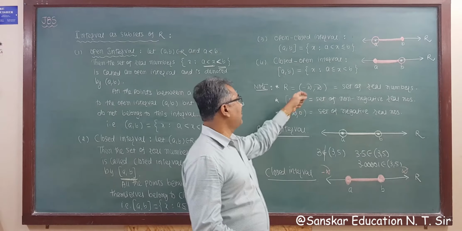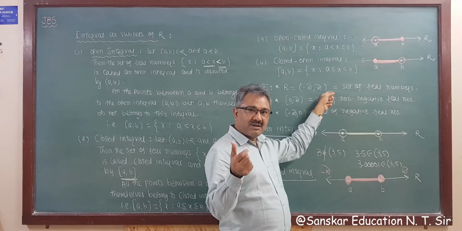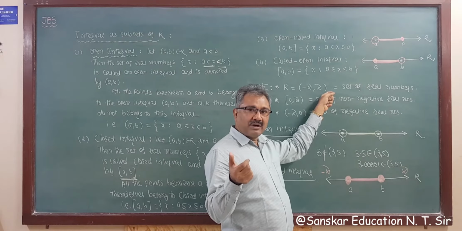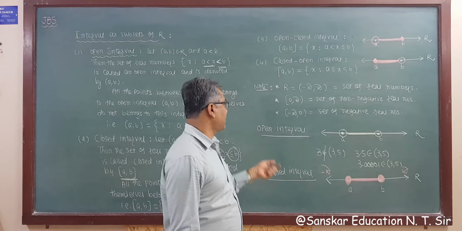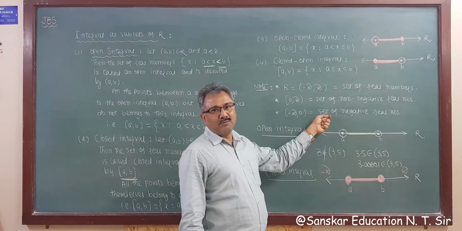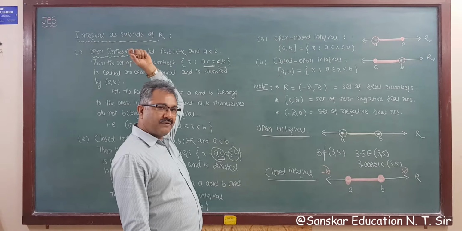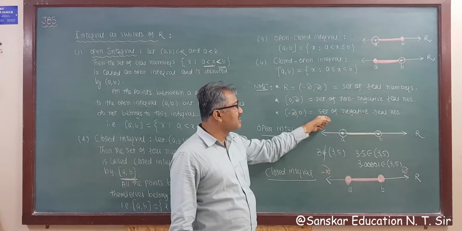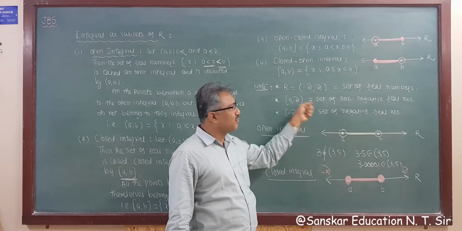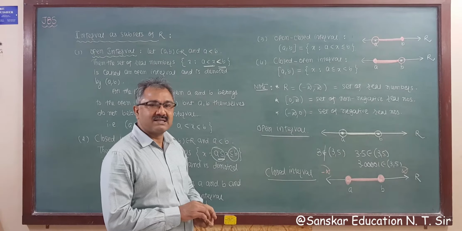So while you have to represent infinite, then you have to put a small bracket, that is open interval. Use open interval for infinite set. Now the set of negative numbers means from 0 to the negative side, minus up to infinite. So infinite is open interval, and also 0 is not included in negative numbers because we included it in non-negative numbers, that is positive real numbers, right?